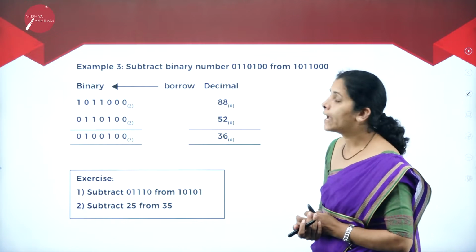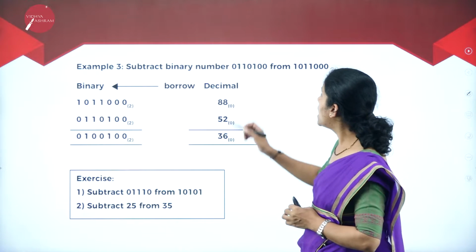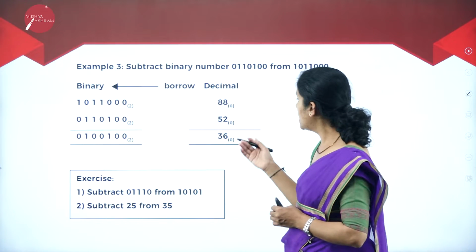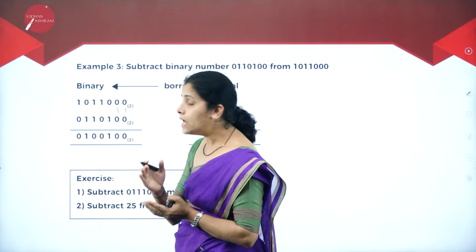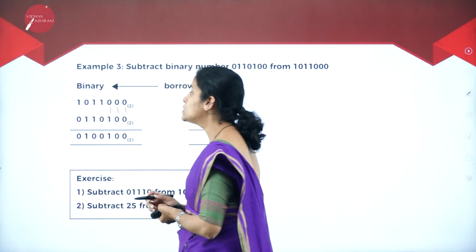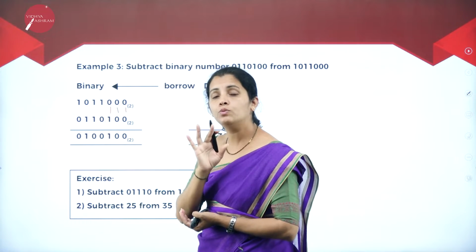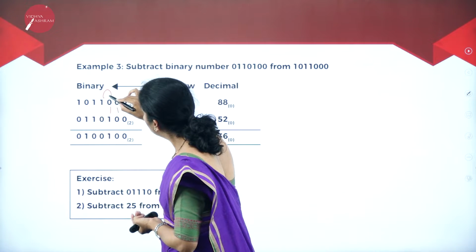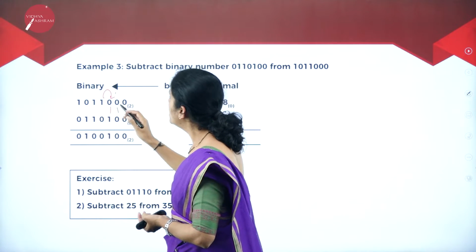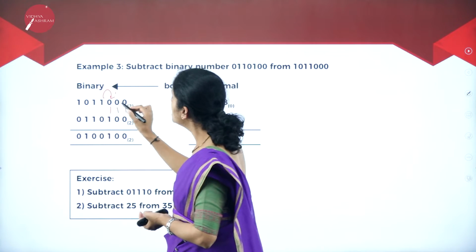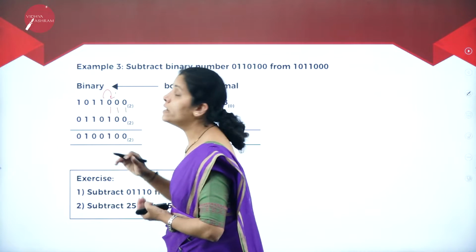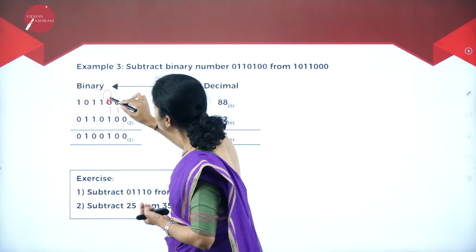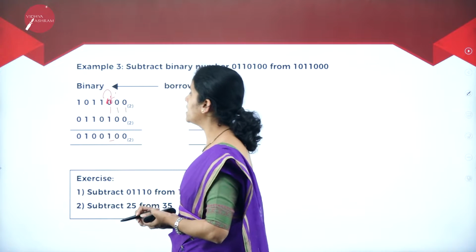Then, I'm going to have another example, that is, I'm having 88 and 52. After subtracting, I'm going to get the 36. Now, I'm having 0 minus 1. So here I cannot perform subtraction. So what I will do? I'm going to borrow 1. Now it is 1 0. That means I'm going to place 1 along with the 0. So it is 1 0. So 1 0 minus 1, it is 1.